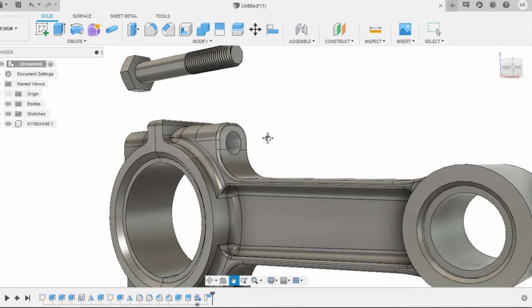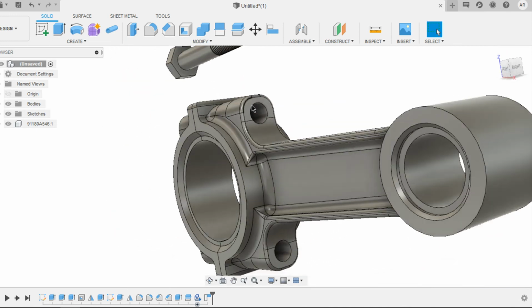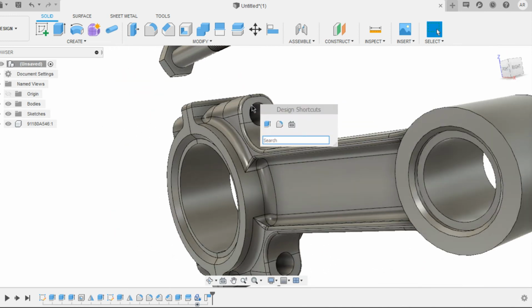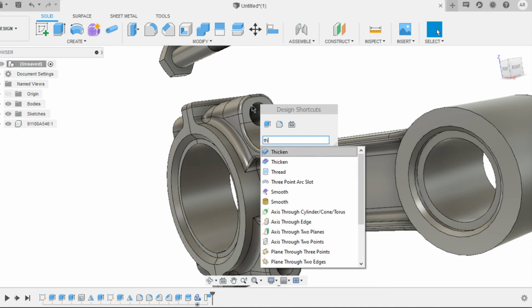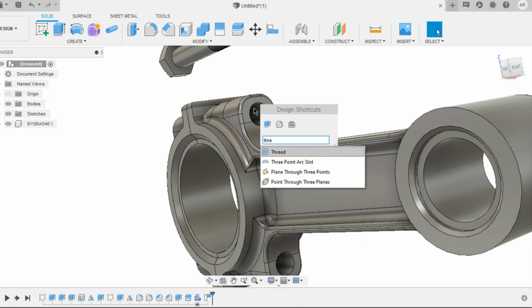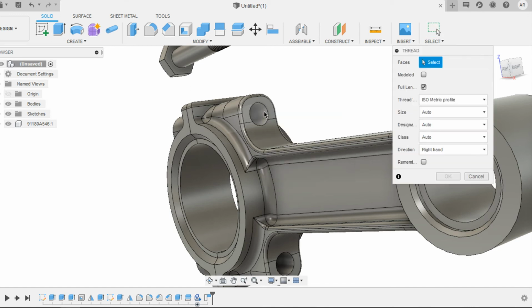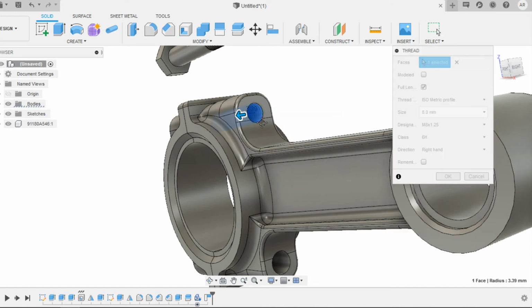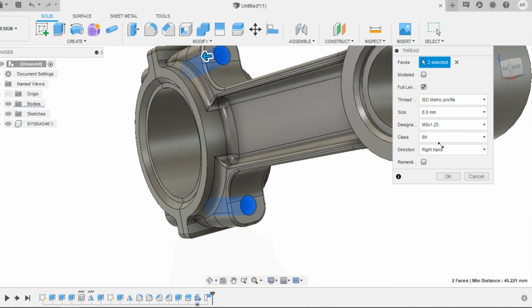We have to tap these holes. Press S on the keyboard, search for threading. And select the faces to be threaded. We need M8, but the thread pitch be 1 mm. Just change the designation and click OK.